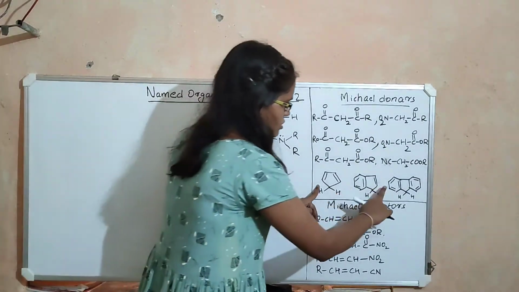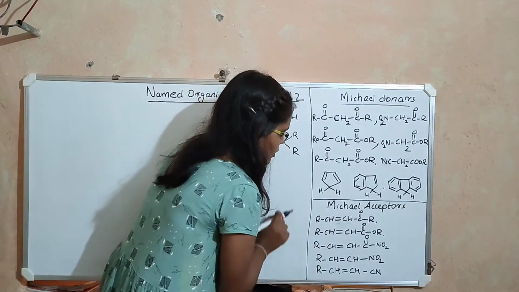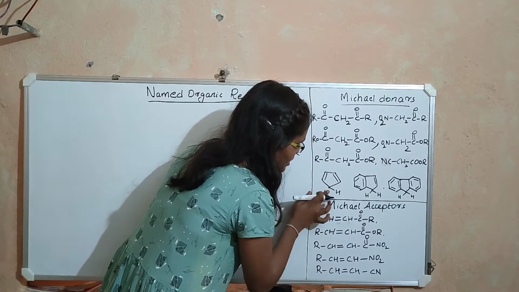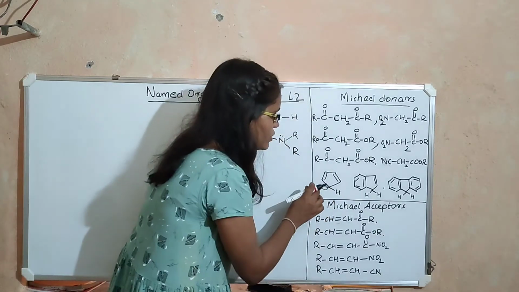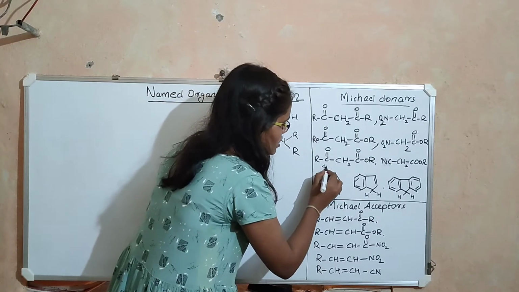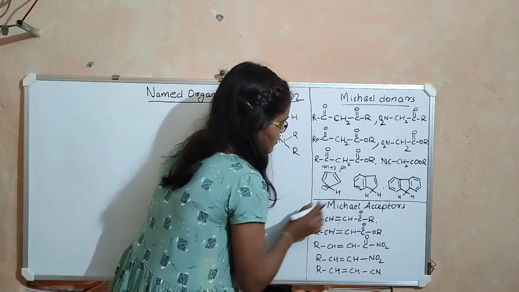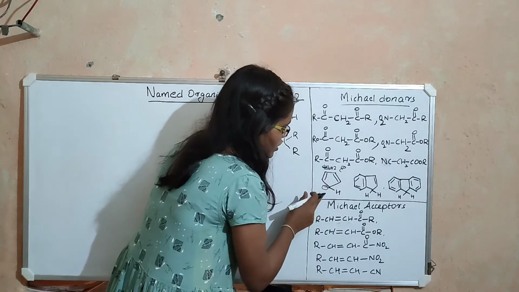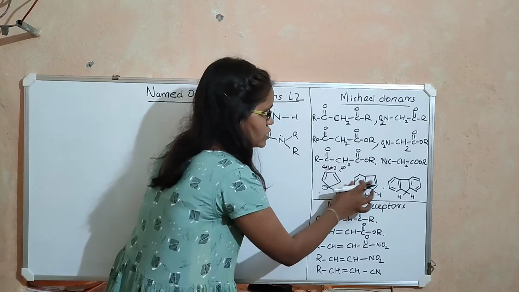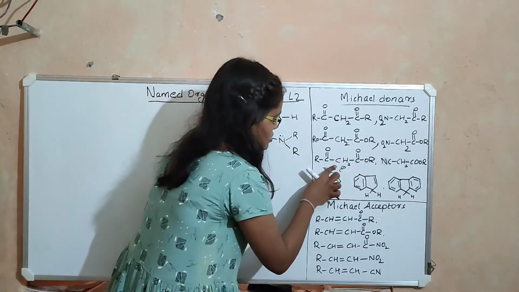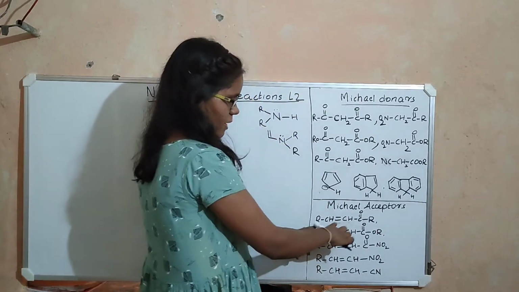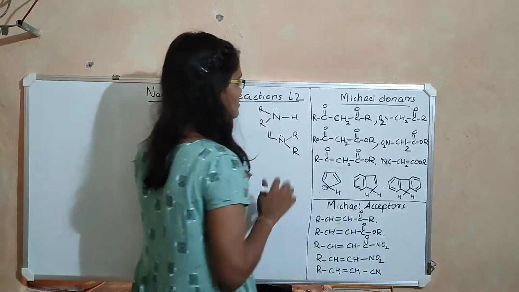Now look at these compounds. These compounds can also generate a carbanion because when this compound gives away H plus, then you get a negative charge on this carbon. So when you get a negative charge on this carbon, it satisfies the 4n plus 2 electron rule. Okay, this is the Huckel rule for aromaticity. Now after giving one H plus, it becomes aromatic. So these compounds also readily give away this H plus, and this carbanion formed can attack on this Michael acceptor. So these compounds can also act as Michael donors.